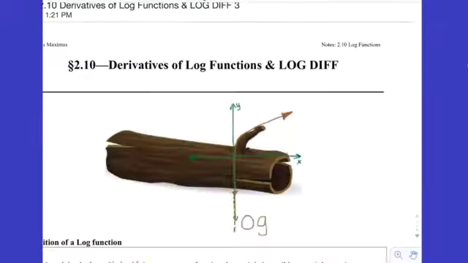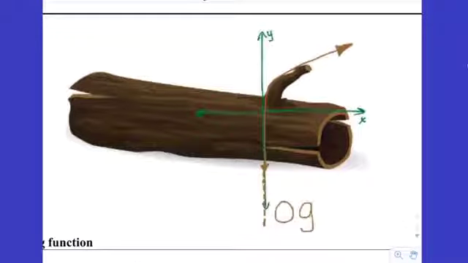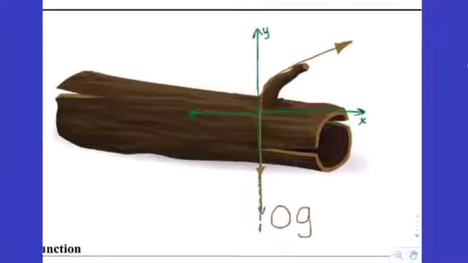Okay? All right, so here's a log. It's a hollowed out log. Maybe something you'd stumble over in the woods if you were texting while you were walking, or reading while you were walking. If you draw a vertical line and a horizontal line that are the x and y axis at the base of this little stump that's sticking out, and you extend the vertical asymptote straight down, it becomes the L in the word log, and the curve of that branch ends up looking very similar to what the graph of the